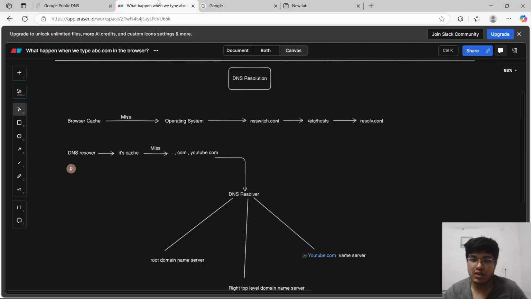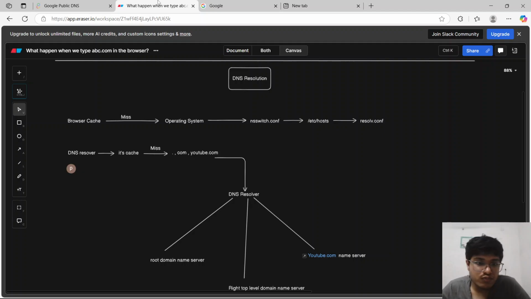But for connection, it needs the IP address of that server, because it has to talk to the routers, switches, and other components of the network, and it can only talk to them by the IP addresses. Okay,